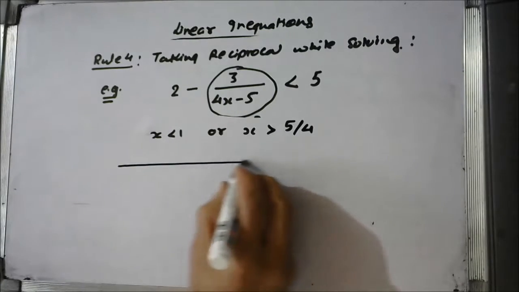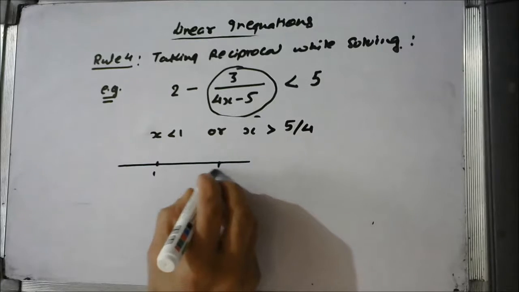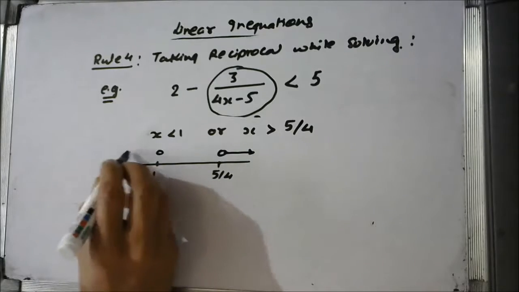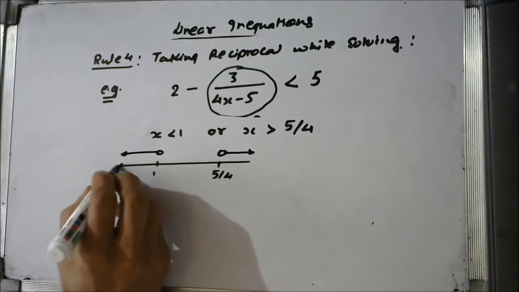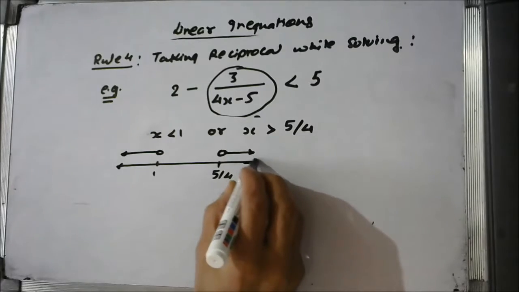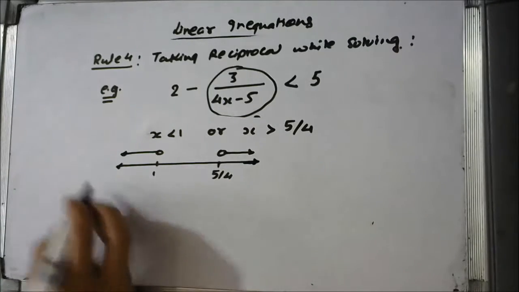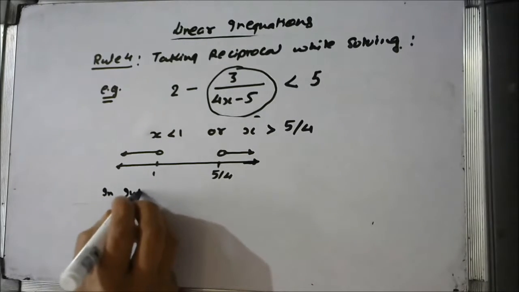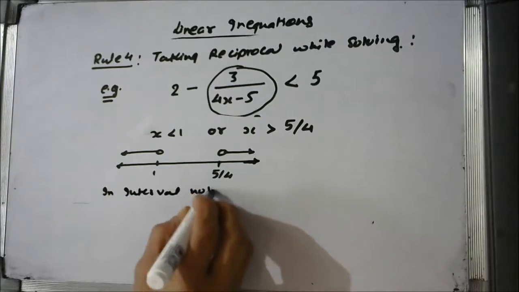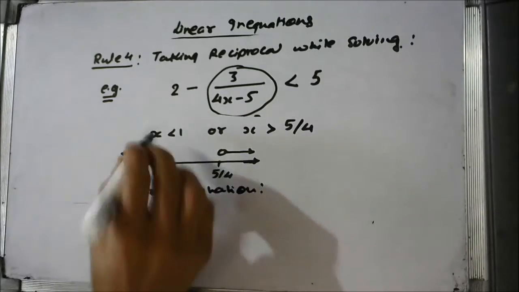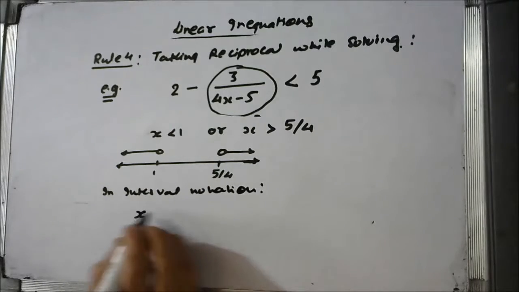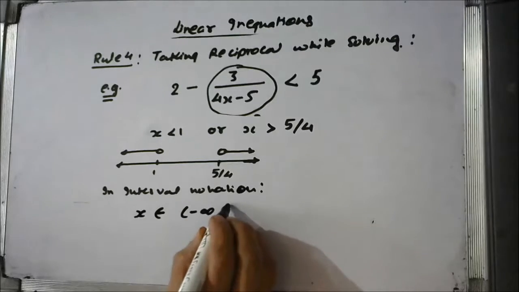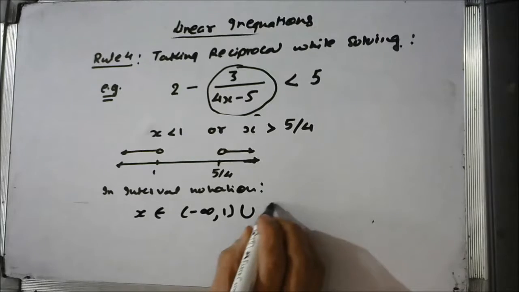On the number line, in interval notation, we can represent the same solution as x belongs to its union with